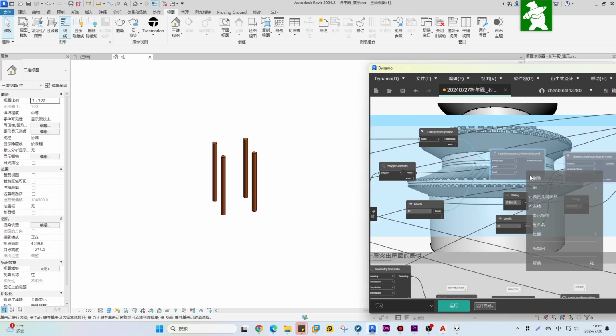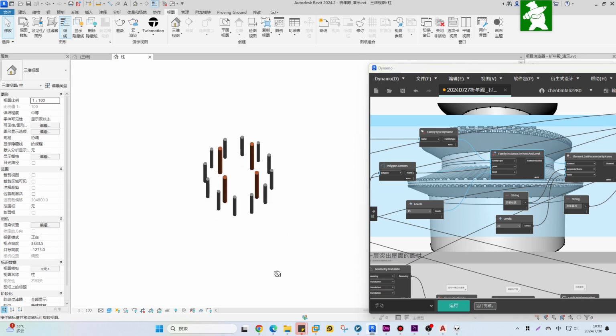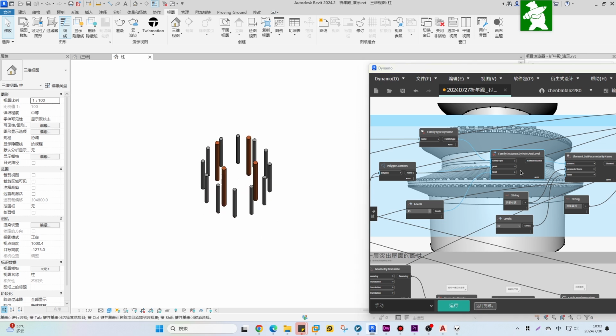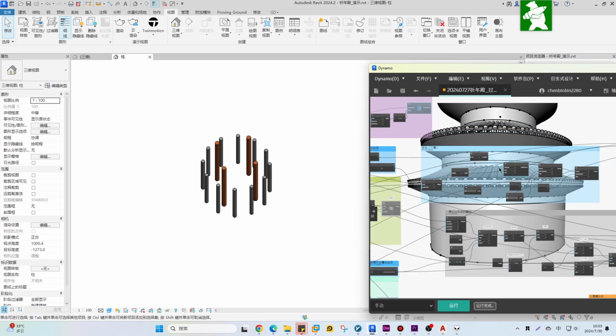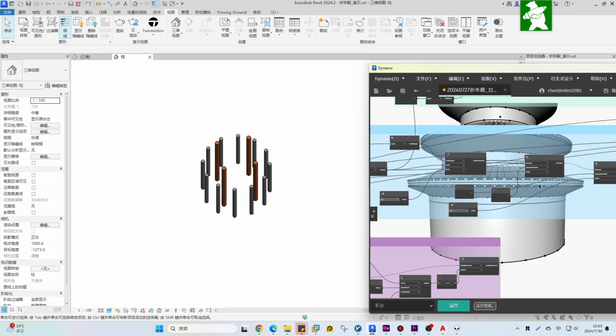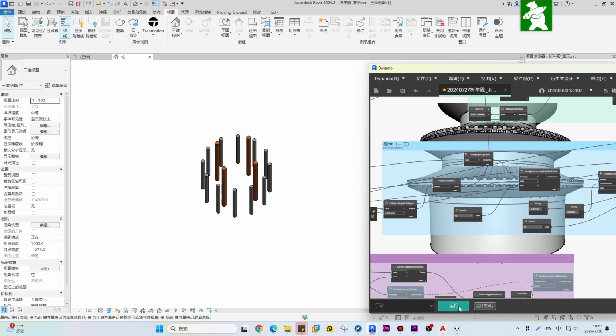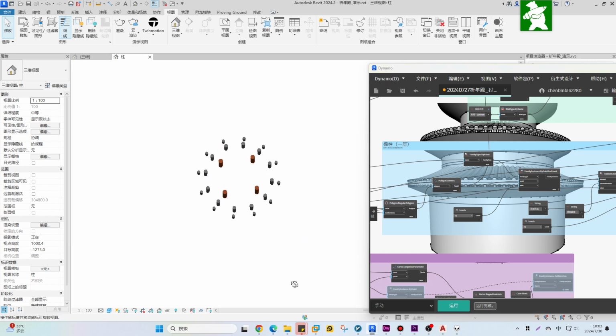For the gold columns in the middle circle, it is an inscribed regular dodecagon. Twelve also symbolizes the meaning of twelve seasons. I will talk about it later. Click Run and the columns will be created. Finally, there are twelve eaves columns in the outer circle, symbolizing the twelve hours in ancient China. One old Chinese hour is equal to two hours in modern times. The same method can create twelve columns with one click, instead of manually finding the position and placing them by